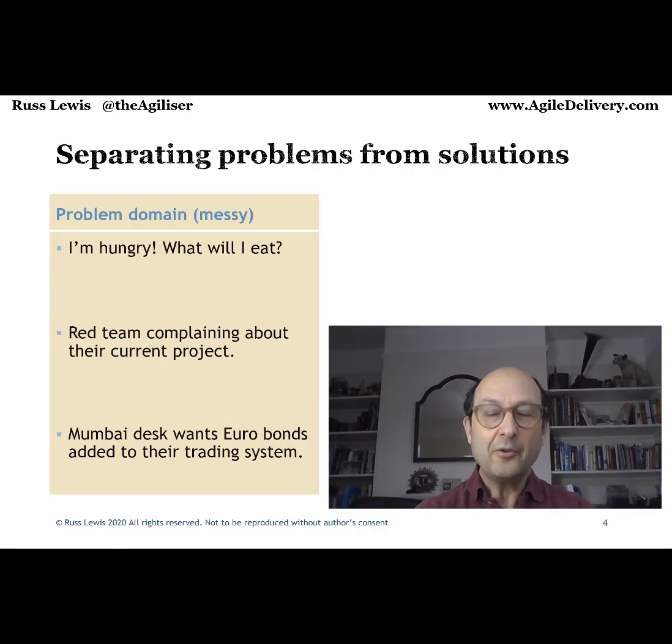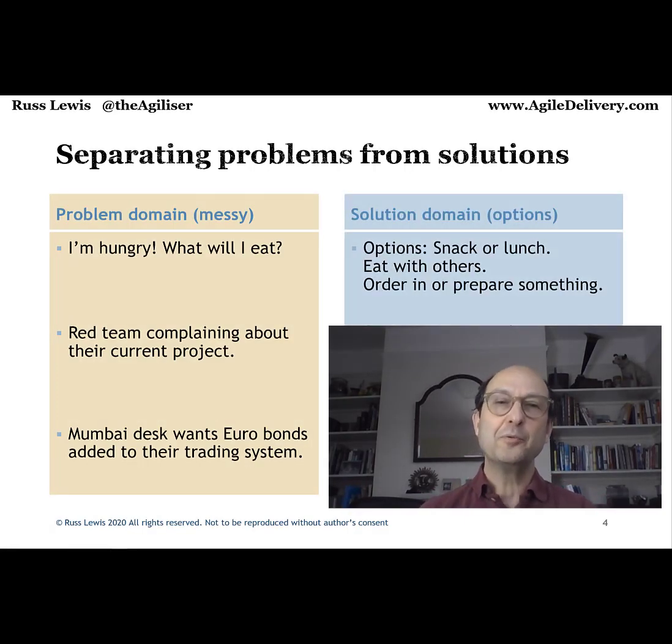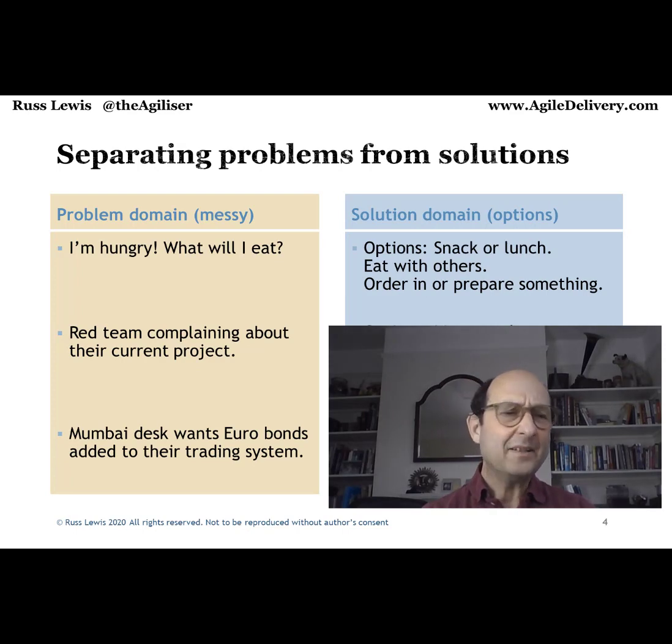I'm hungry. Now I know the outcome here is going to be when I'm no longer hungry, then that problem will have been addressed. The solution will have addressed the problem. And I've got lots of options here and they're all pretty easy. I can eat a snack, bag of crisps, sandwich. I can go get some lunch with other people, go and look in the fridge, see what's in there. So lots of ready-made, easily accessed options.